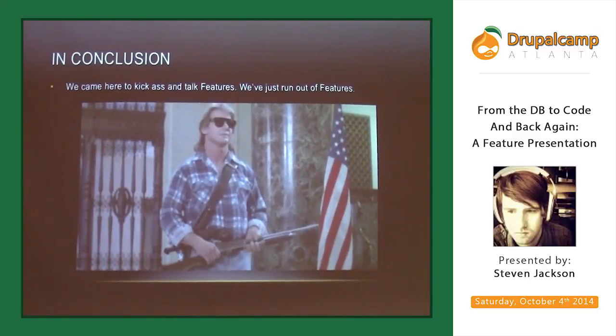I name the fields according to the feature if I'm forward thinking enough, and sometimes I just don't, and I run into some collisions there, and then I kind of have to decide